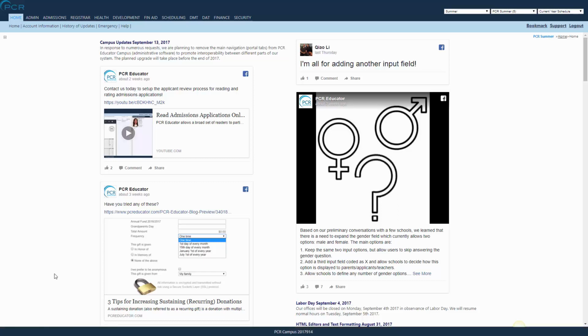So I'll get started in the campus module. Campus is used to manage the back-end part of the entire system, whether it's the summer portal, the online store, the teacher portal, or anything else. One thing that we have to consider is, do we want a separate ledger or use the same ledger as the main school? The advantage of using a separate ledger is that you can separate all of your financial activities